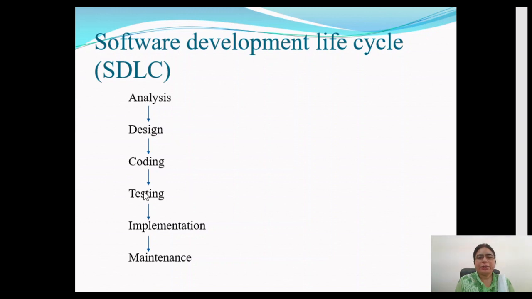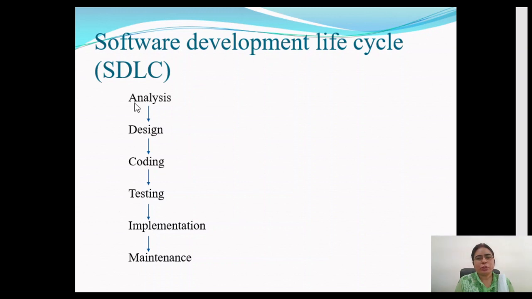Now, after testing, if the software is working properly, then we implement it in the environment where we want that software to work. This is the environment basically provided by the customer, or at the site of the customer, where the software is to be actually executed. After implementation, the maintenance phase starts. Now what is maintenance? It is the requirement generated by the user after this new software is developed.